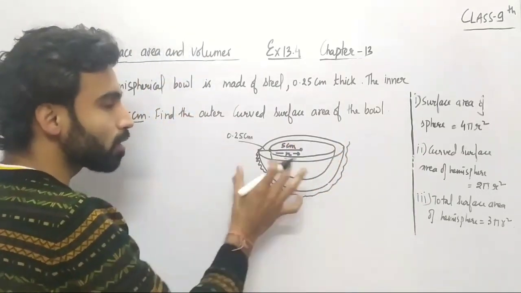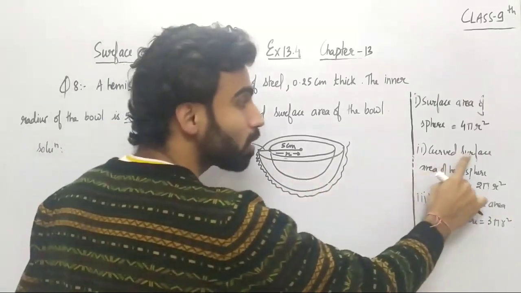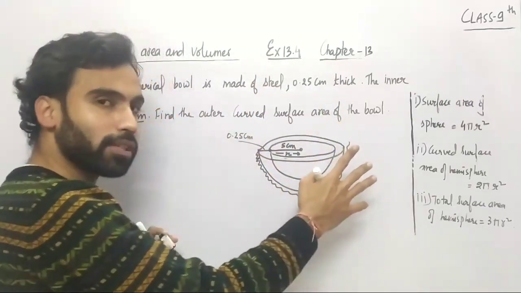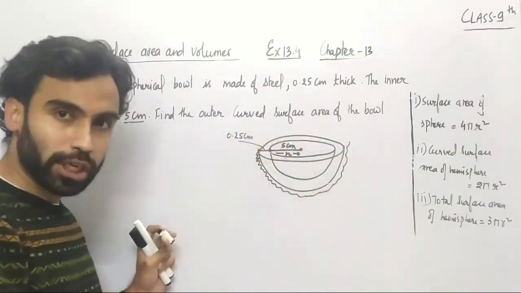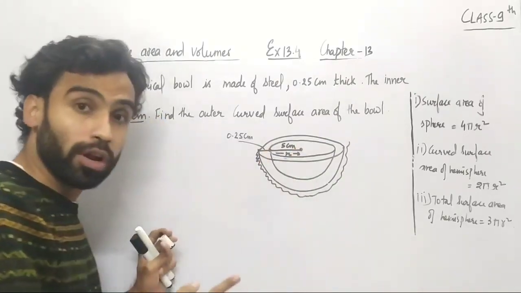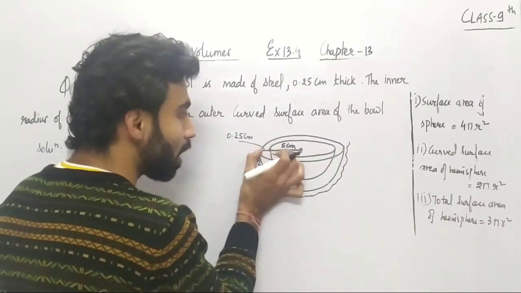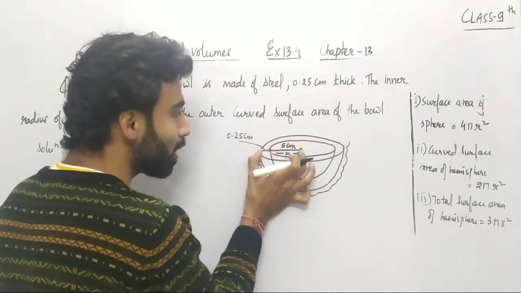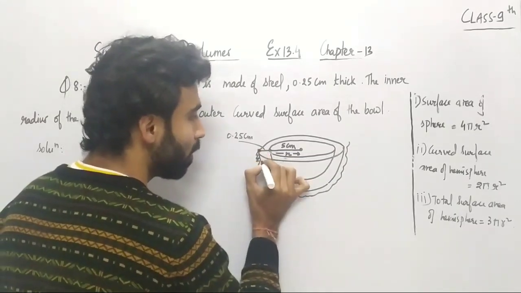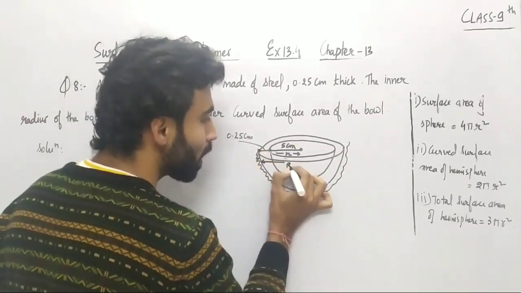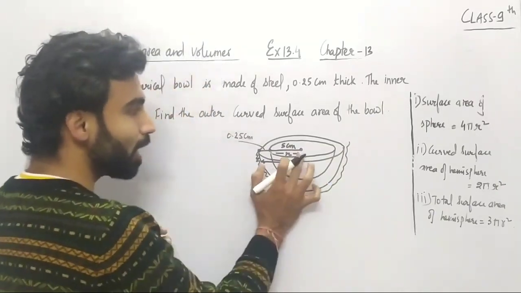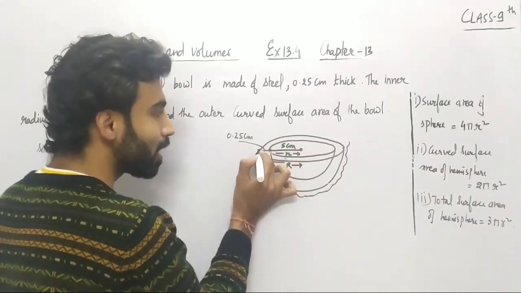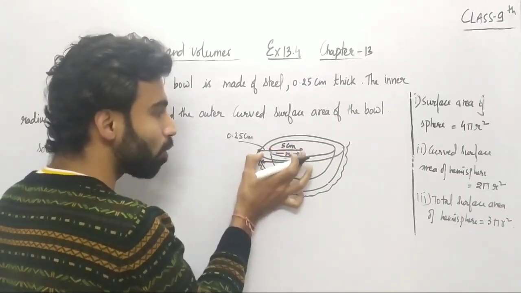सो मुझे अगर आउटर कर्व्ड सरफेस एरिया फाइंड आउट करना है, we know that the curved surface area of hemisphere is calculated by 2 pi r square. अब अगर मुझे आउटर कर्व्ड सरफेस एरिया फाइंड आउट करना है तो आउटर रेडियस पता होनी चाहिए, राइट? बट मुझे इनर रेडियस गिवन थी. सो कैसे मैं आउटर रेडियस निकालूंगा, आप देखिए ध्यान से. अगर मैं इस इनर रेडियस के अंदर ये थिकनेस को ऐड कर दूं, सो सेंटर से यहां तक का डिस्टेंस, इस पॉइंट तक का डिस्टेंस क्या हो जाएगा, देयर विल बी द आउटर रेडियस, जिसको मैं कैपिटल आर से डिनोट कर देता हूं, राइट? सो आप देख सकते हैं यहां से सेंटर से इस पॉइंट तक का डिस्टेंस क्या है, 5, और इस पॉइंट से लेके ये थिकनेस इसमें ऐड कर दूं,